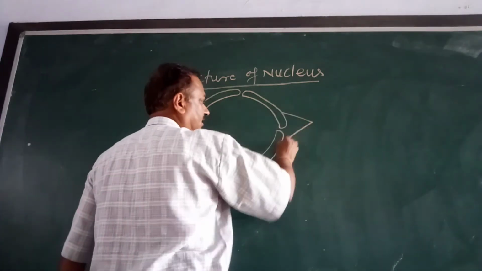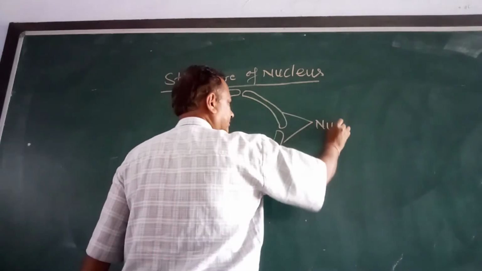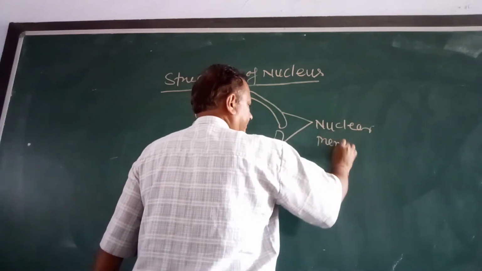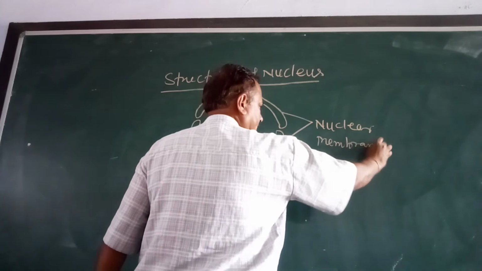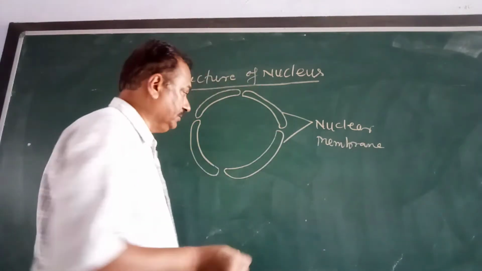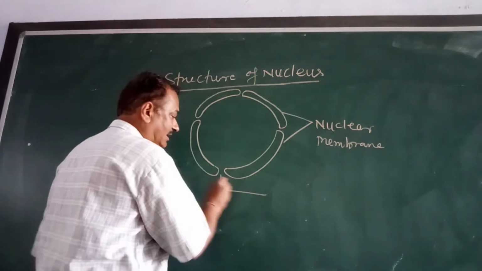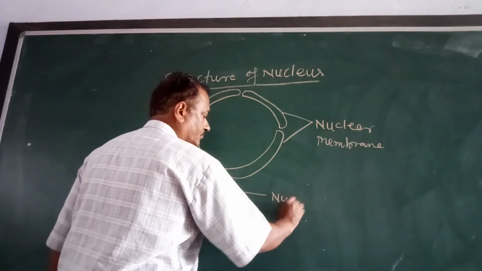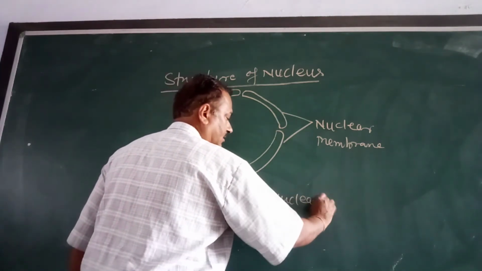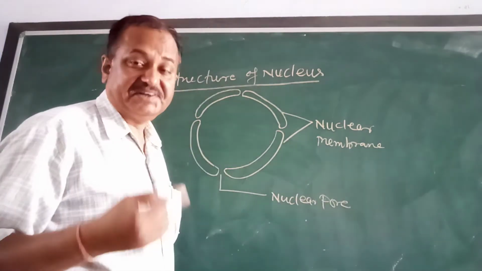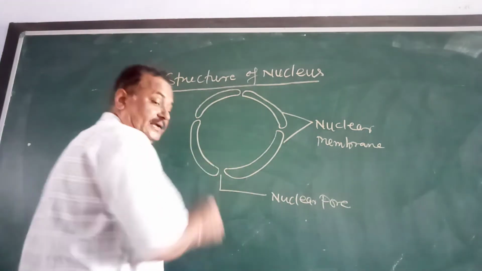So this is the nuclear membrane, the covering of the nucleus. Now this is the pore, nuclear pore. Holes are there to allow exchange of materials inside and outside. And then